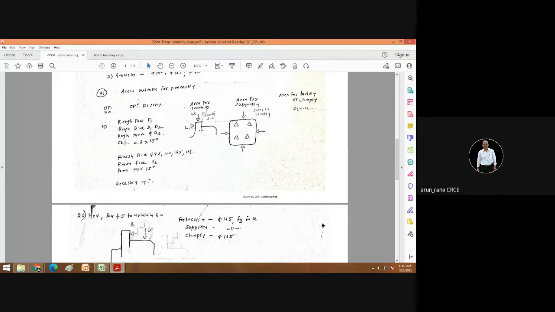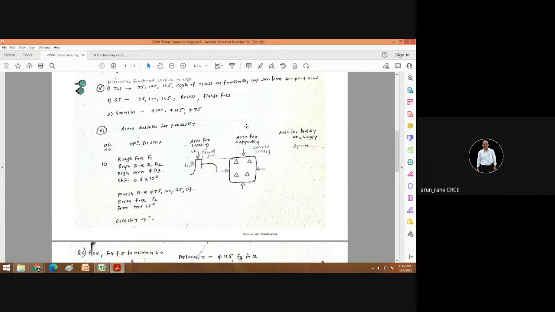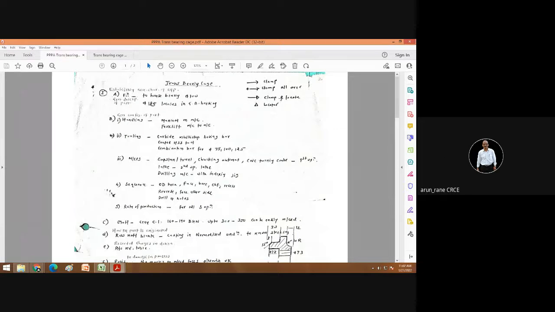Now these locators, there is a dot you can see here. Why dot? Because you are looking into this direction. The locators are from the behind, so that's why dot. And this hard jaw, look, clamping, it is used for clamping, so it is a hollow triangle. So this is the symbol for clamping and locating.